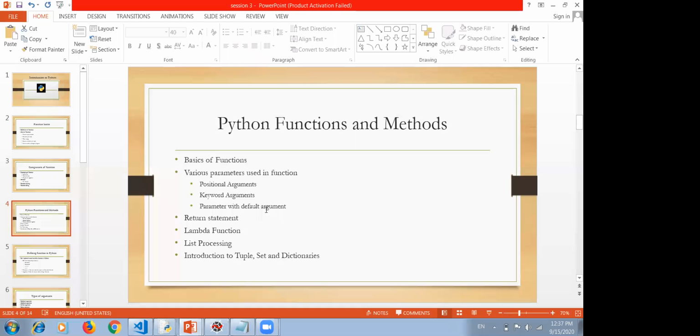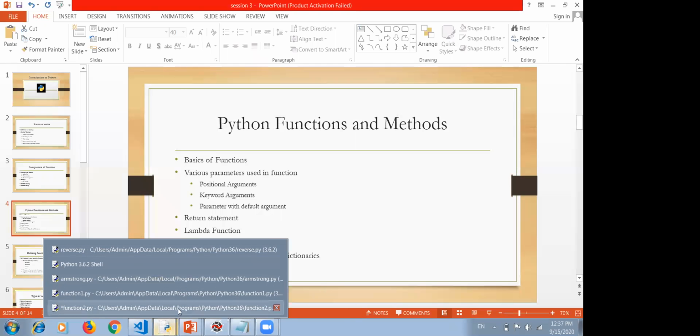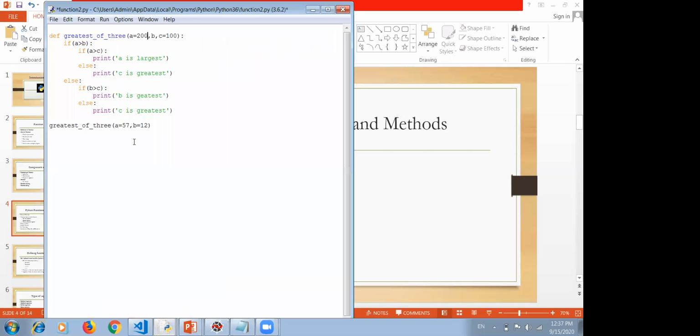Then comes return statements. After these basic parameters, then comes the return statement. A return means to take the output from the function. Instead of printing something, suppose let's create a small function.